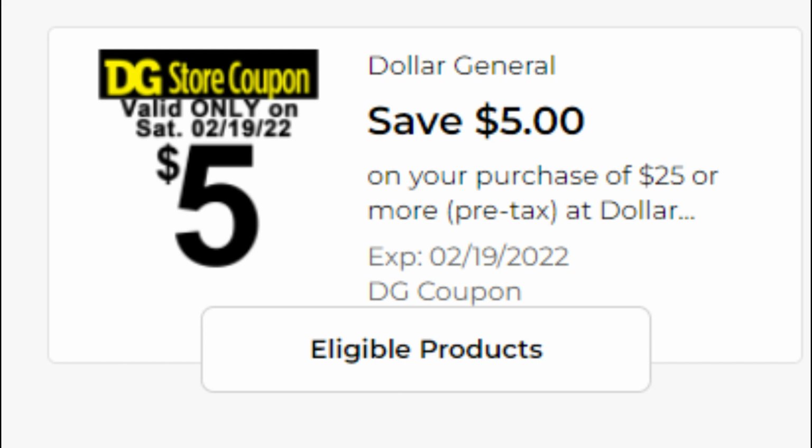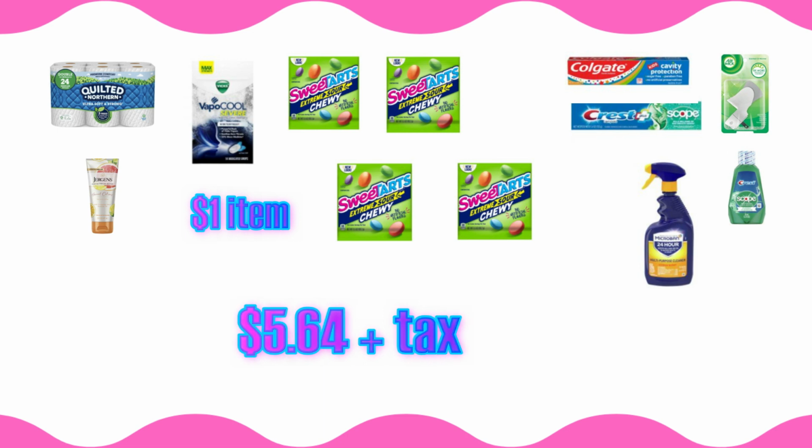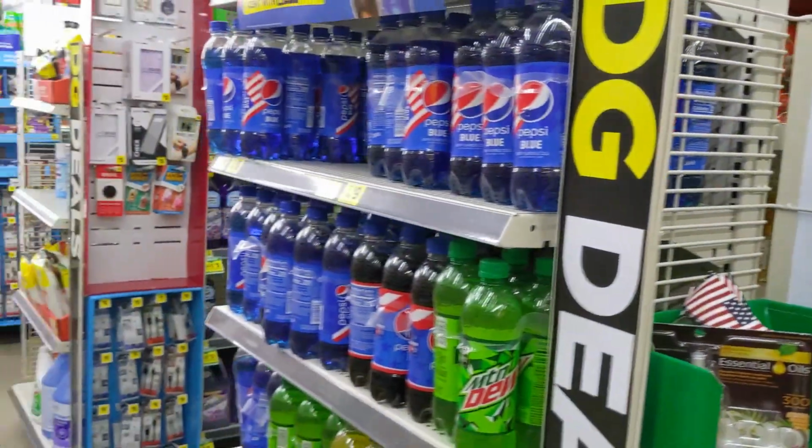Your subtotal for that should come to $25.13, and your out-of-pocket cost after all those coupons come off would be just $5.64 plus tax, which is less than the price of one pack of that Quilted Northern toilet paper. So great deal. This next deal is great if you need to stock up on personal care stuff, and it's